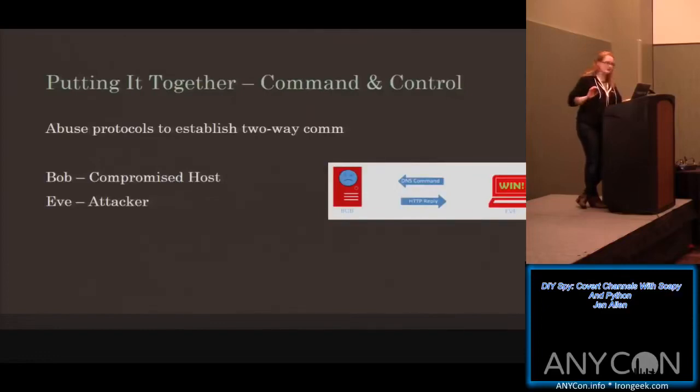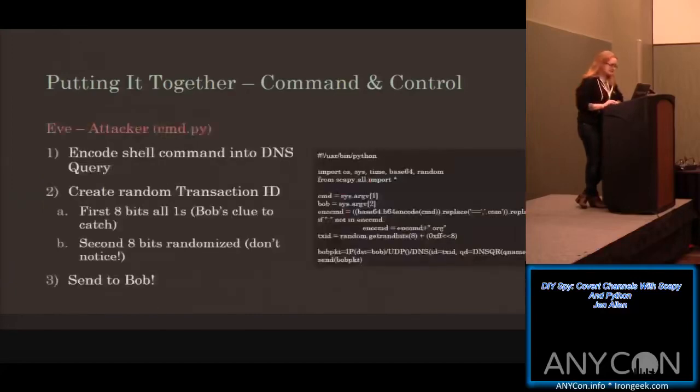And I just want to show that we've seen enough that we can start to build right now. So we're going to have Bob, the compromised host, and Eve, the attacker, and we're going to build a two-way comm using just a few simple Scapy functions. Eve is going to be sending DNS commands inbound. This may be detected by certain networks, and I'll show you how to get a little more tricky after this. But DNS commands into Bob, and then HTTP replies with the shell command standard output back to Eve. So this is really fast and easy, I promise.